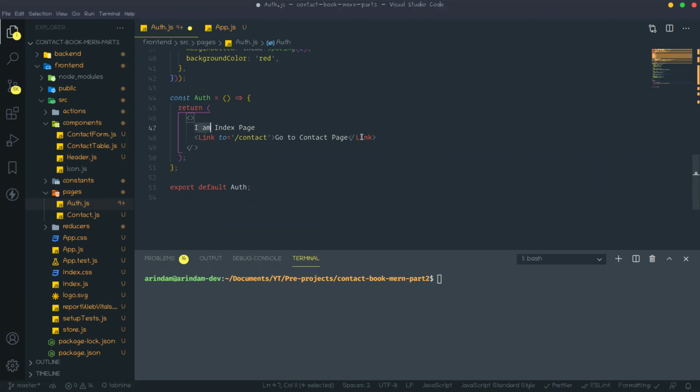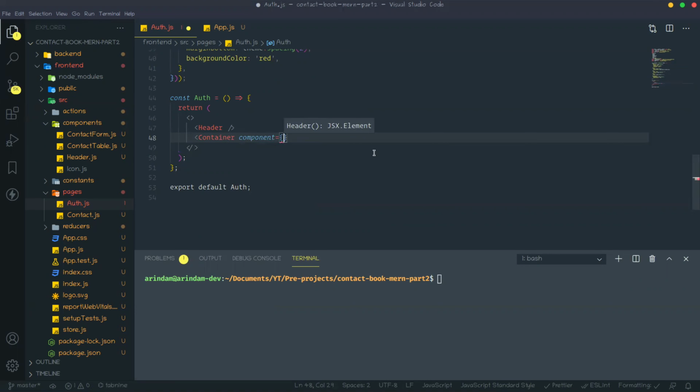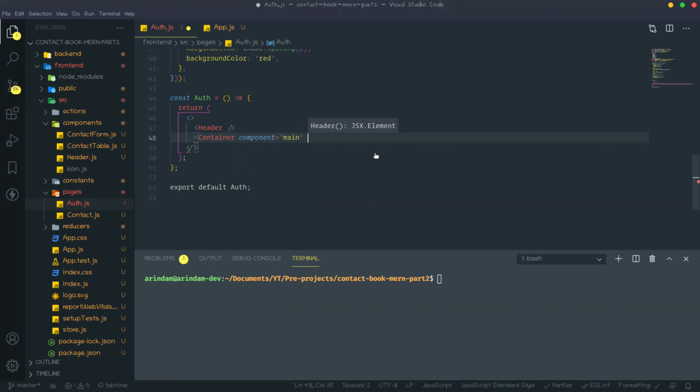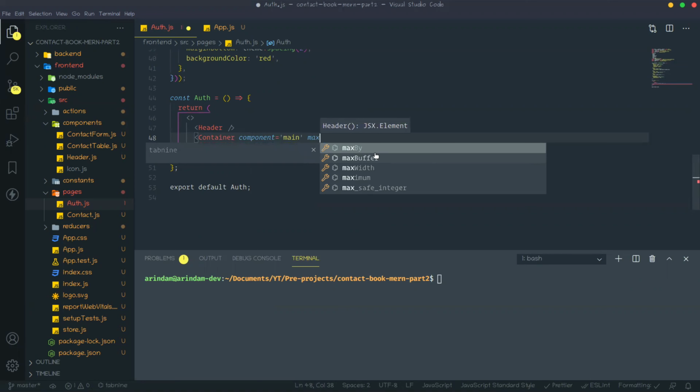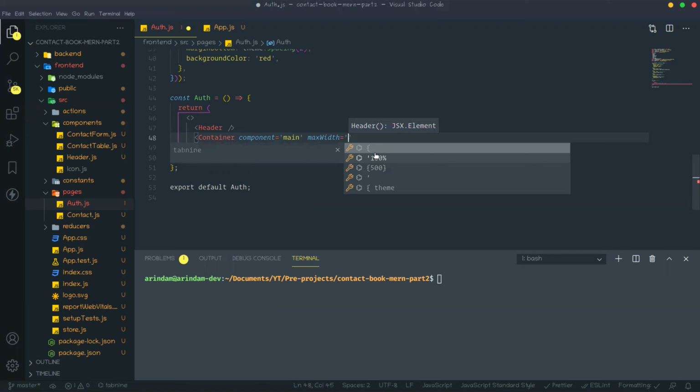Now we need one fragment, and in this fragment first put Header, then Container. The component attribute should be main, and maxWidth should be xs. We are not focusing on design in this session, I have already told.